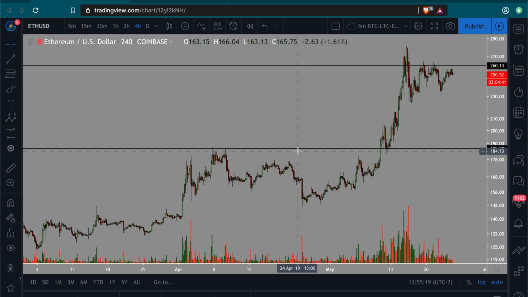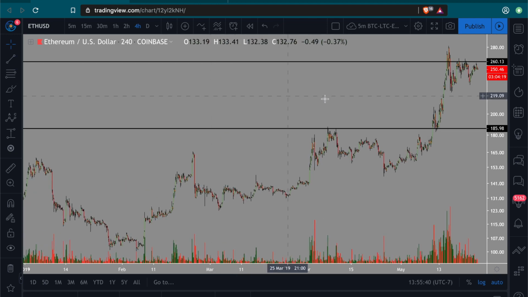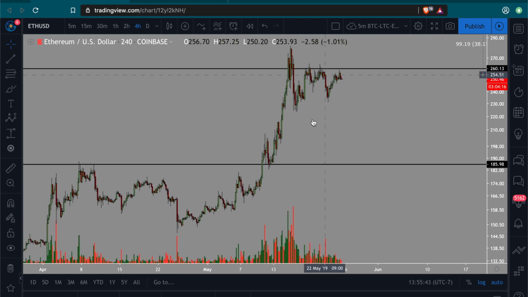I hope this brief overview helps you understand how Elliott Waves work. I know it's a little bit fast, but if you want to read more, there's a ton of different YouTube channels that will give you in-depth explanations. I'll try to do a deeper dive into Elliott Waves, but as far as learning how to use the wave counts, I just showed you really the most basic way to use them. And that's really all you need, guys, to be able to utilize Elliott wave counts. There's really not a whole lot to them.